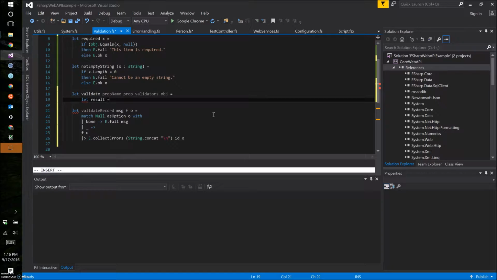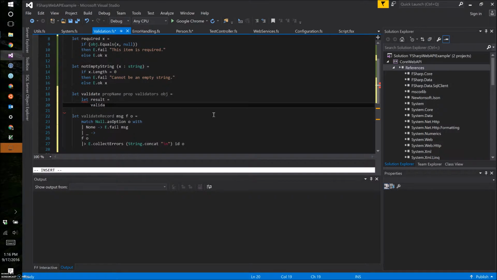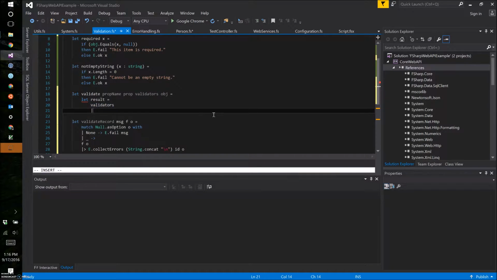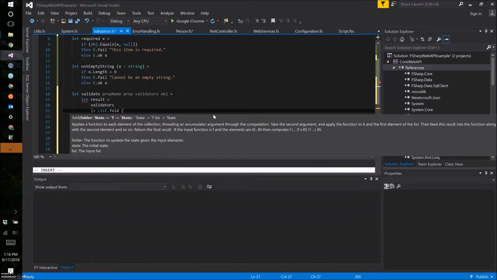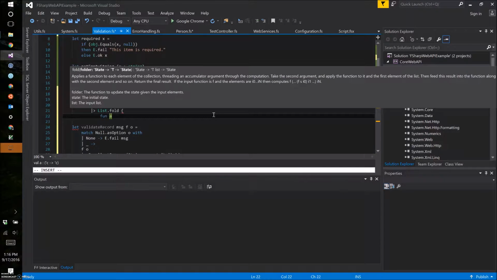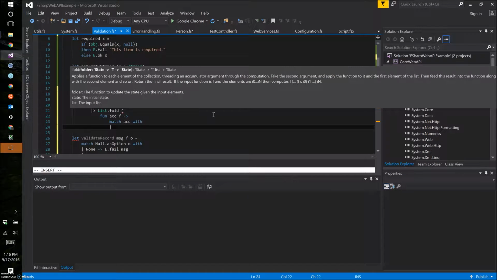And you can see the validate record below there. It figures out if it's null, and then if it isn't, then it'll step through each one. And so the validate function that I'm working on right now will step through each field in our object